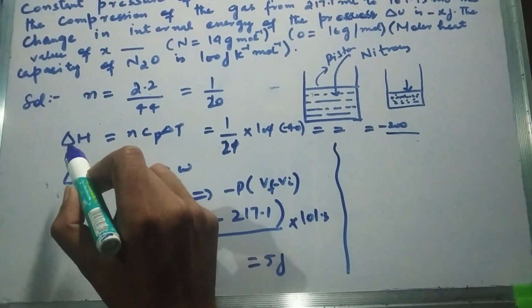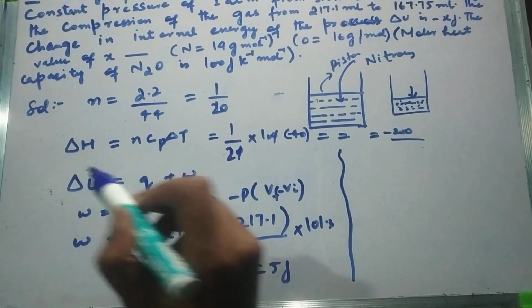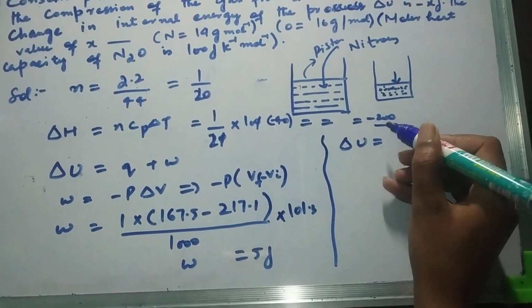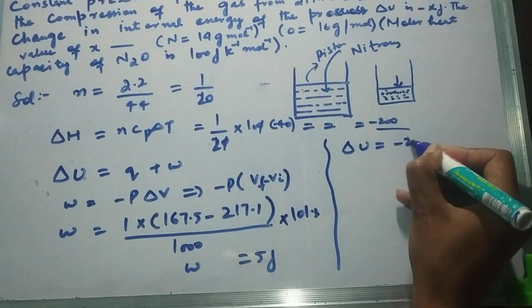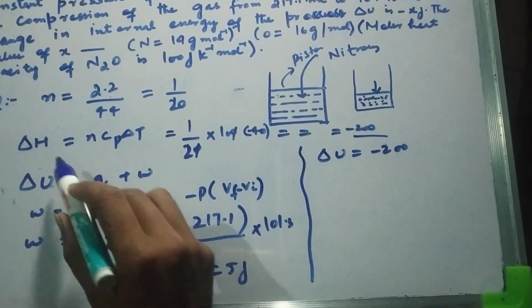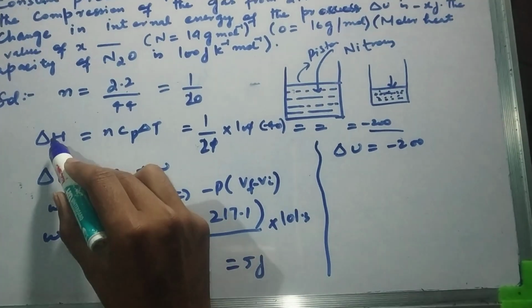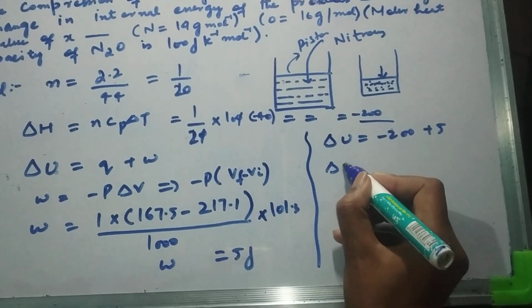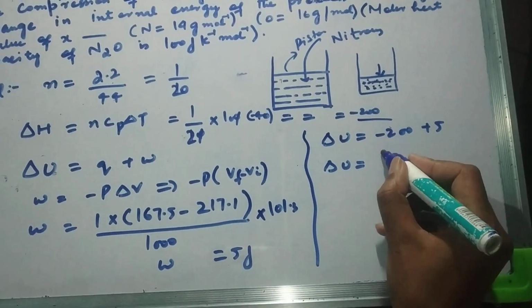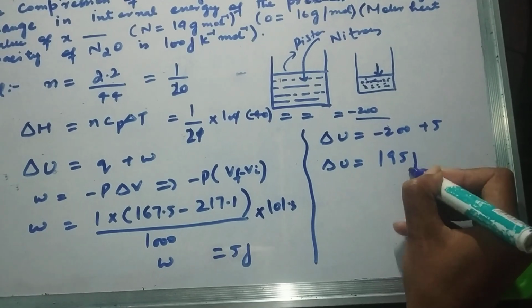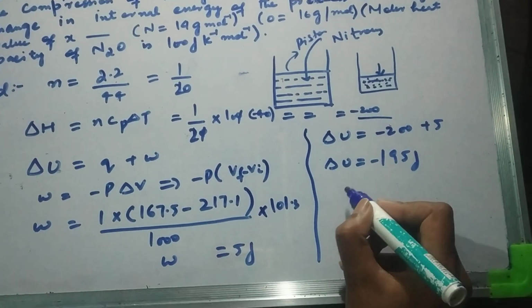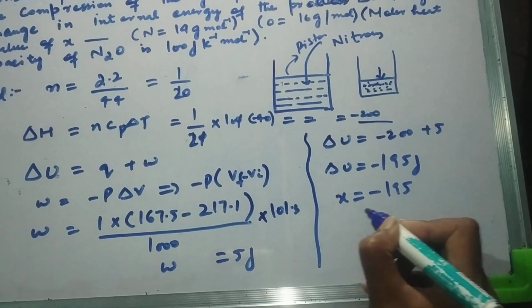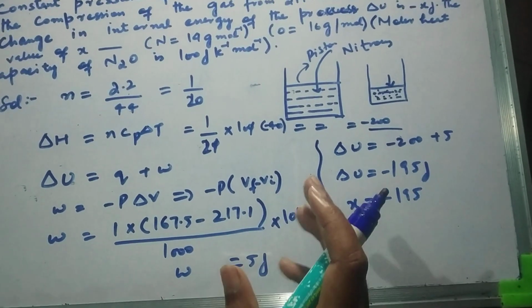Enthalpy delta H is enthalpy, and enthalpy is heat. Delta U is equal to minus 200, that is delta H, and Q and delta H is heat, plus 5. Delta U is equal to minus 195 joule. This is a question that was asked in JEE Mains paper